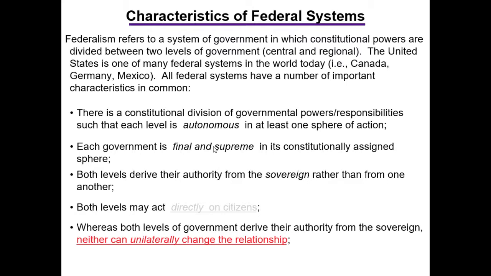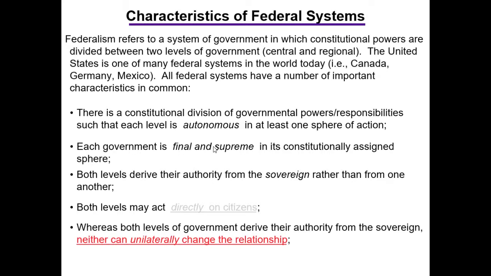Can the powers of the national government be changed? Can the powers of the state government be changed? Yes. How would that happen? Formal constitutional amendment. And what has to happen in order for an amendment to be added to the U.S. Constitution? Like, say, the 16th Amendment, which gave Congress the authority to impose a federal income tax. How does that happen? Remember, we were talking last week, very briefly alluded to the fact that it's a two-stage process, right? Formal proposal. That amendment has to be formally proposed. Who does that?